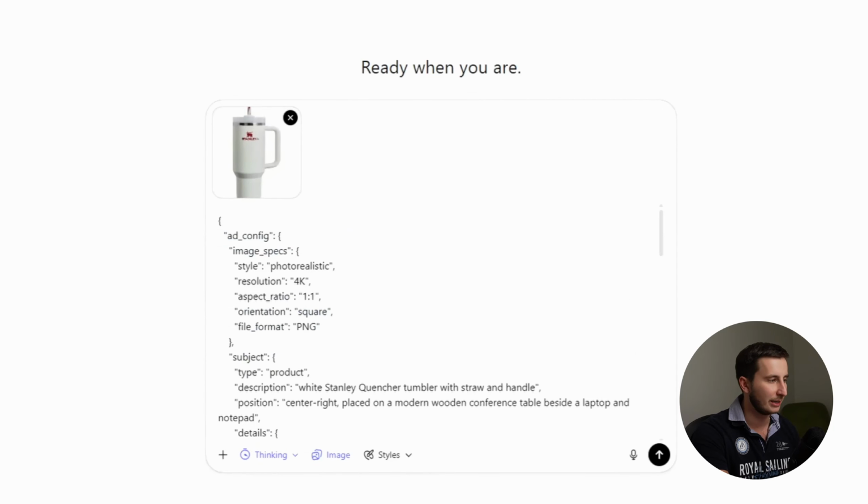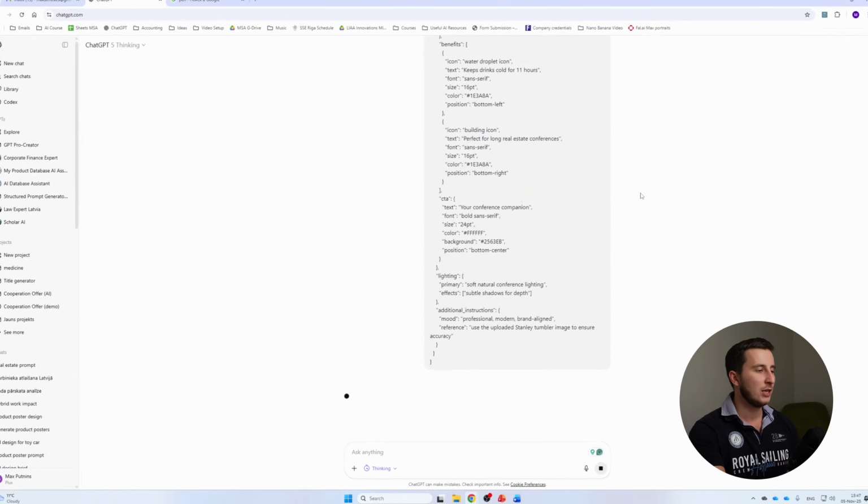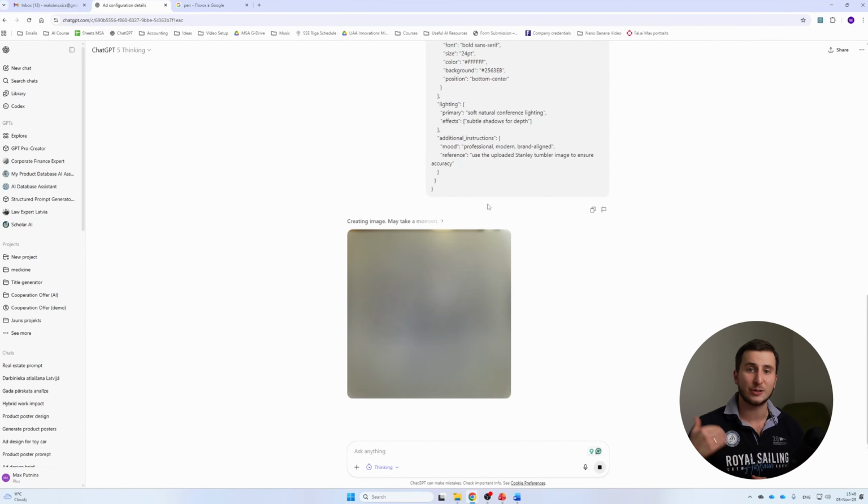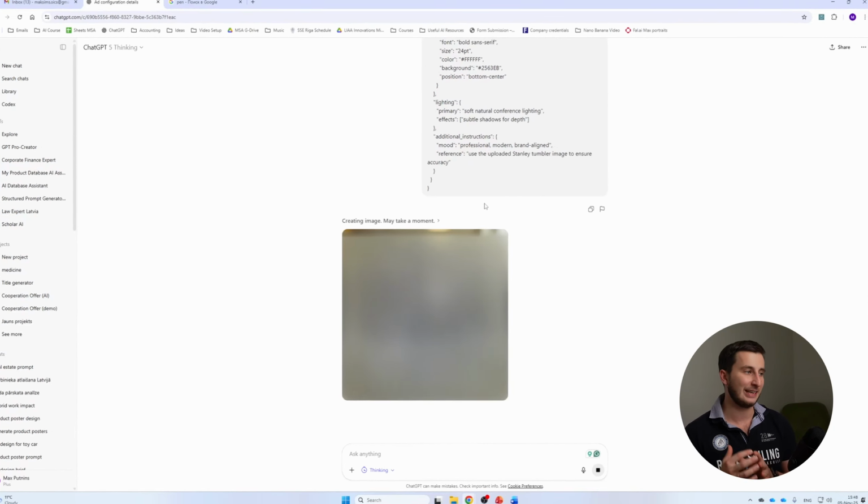In my case, it's going to be Stanley Cup again, and I'll just hit enter. So now it will go and generate a new unique product poster for me. Let's wait and see how it's going to look. And while it generates, let's take a look at the prompt, how AI has tailored this towards